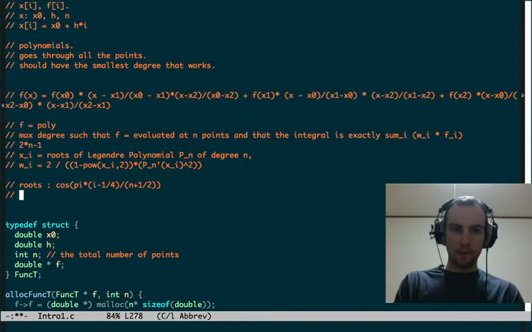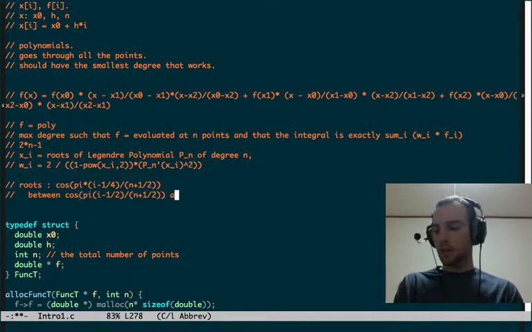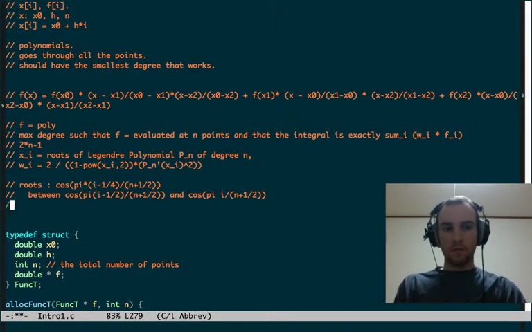Okay. It's also going to be between cosine of pi times i minus 1/2 over n plus 1/2 and cosine of pi times i over n plus 1/2. Okay, then